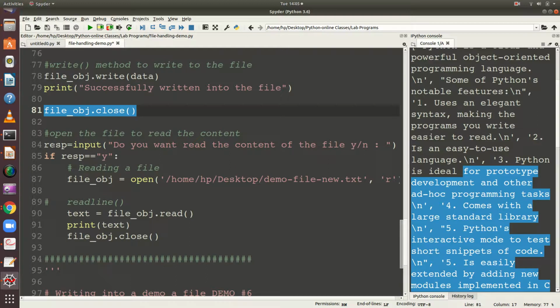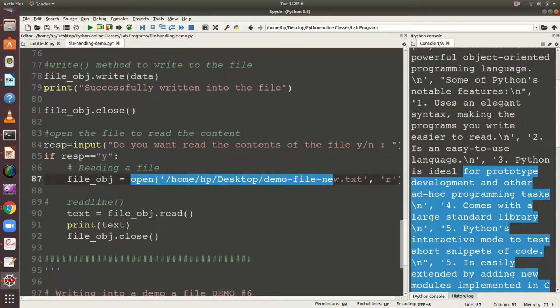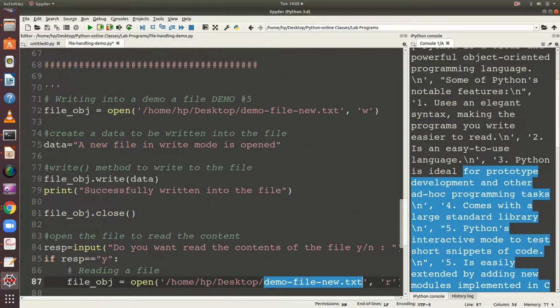Again, I ask the user, do you want to read the contents of the file? Yes or no? If he responds with yes, I am going to read the file in read mode. You can observe the file name here is the same file which I have created in this program using the write method.